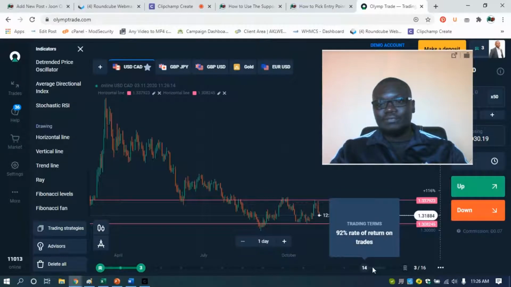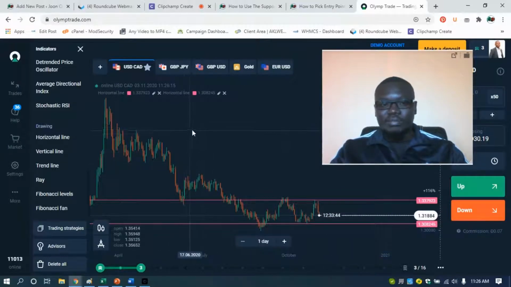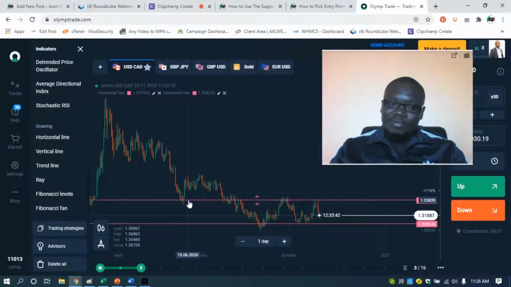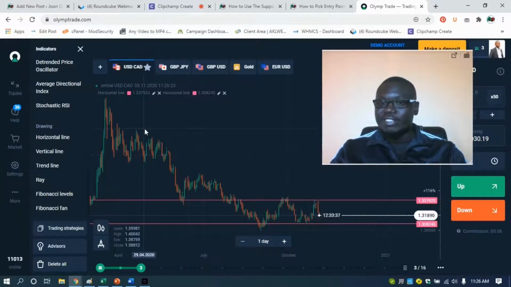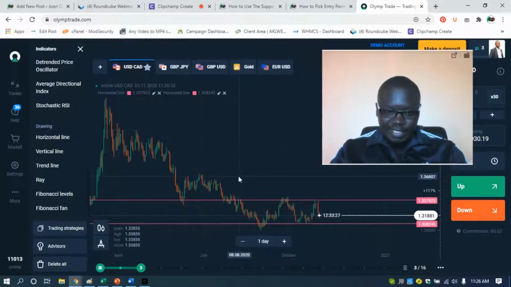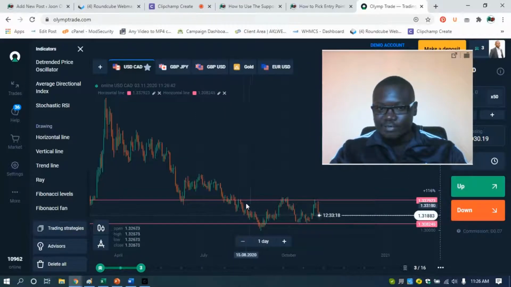I hope you've understood that point. When a support level is broken on a downtrend, it becomes a resistance level. And when a resistance level is broken on an uptrend, it becomes a support level. So we can see that analogy here. On this downtrend, there was a breakout here. Prices went beyond the resistance level and created a new